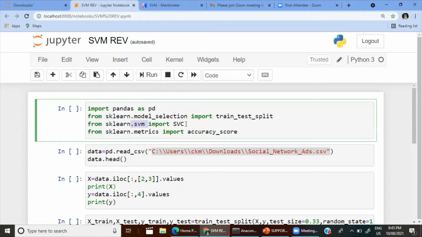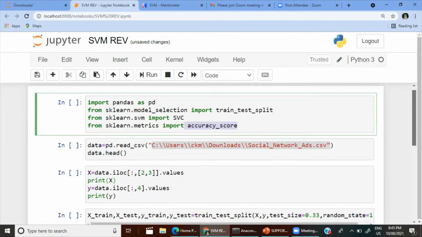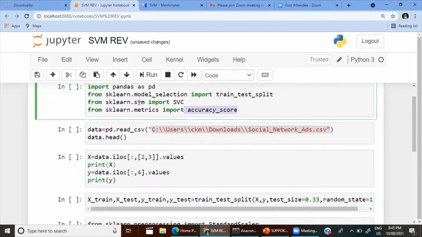Now we are doing the classification problem, so SVC means support vector classification. If I write svm, it will not work. So this is the syntax SVC for doing support vector classification. Then from sklearn.metrics, to evaluate the model, we use accuracy_score. First let's run this.